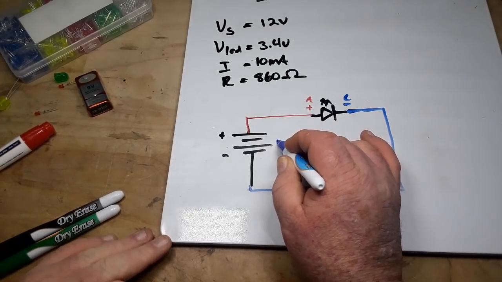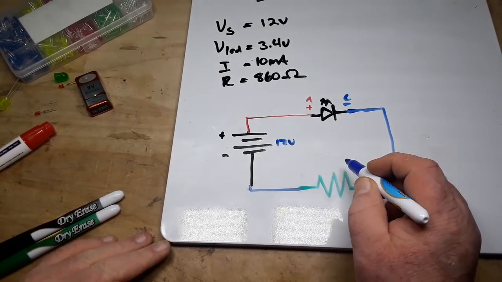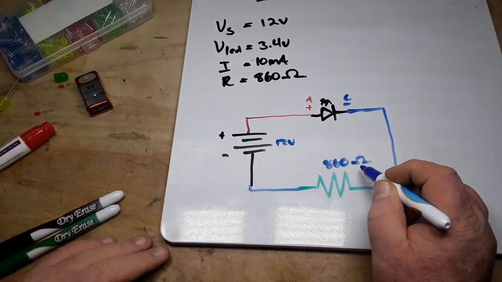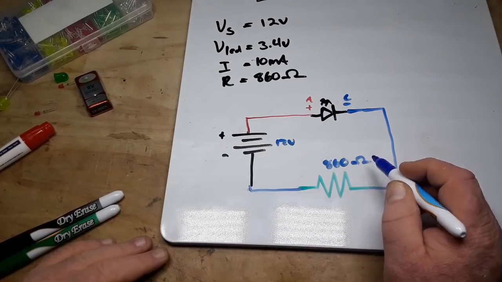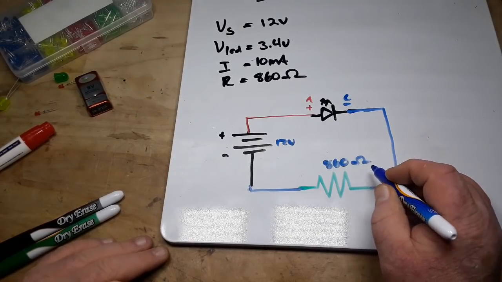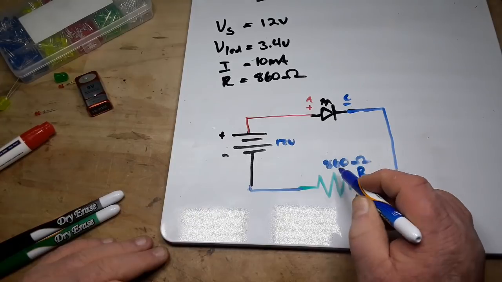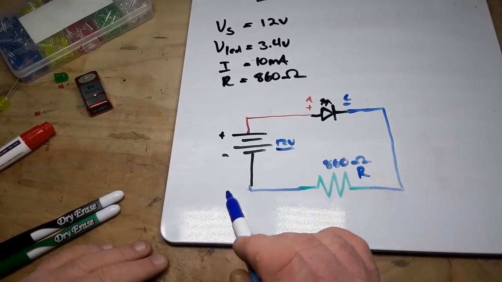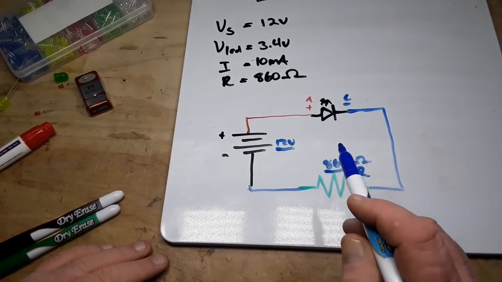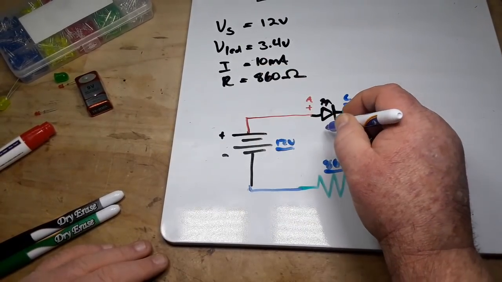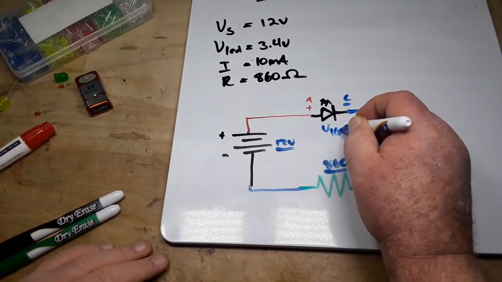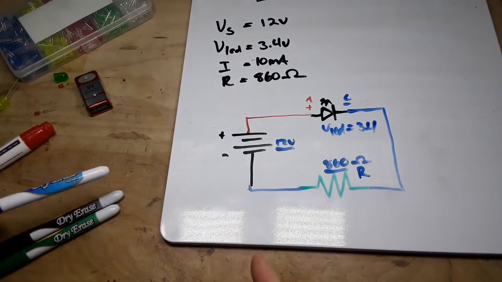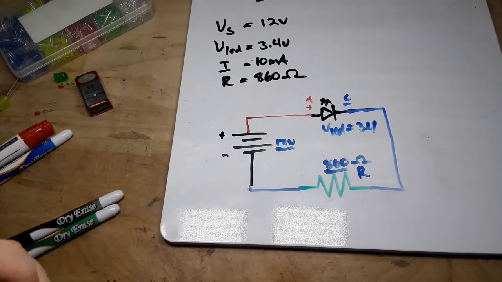So if we have 12 volts here, and we have 860 ohms here, sometimes you might see a value of a resistor smaller than 1 kilo ohm written with an R. If it says 860R, that's the same as the ohm symbol. So if we have 12 volts here, we have 860 ohms here, and we have a VLED here of 3.4 volts, then by using Ohm's law,